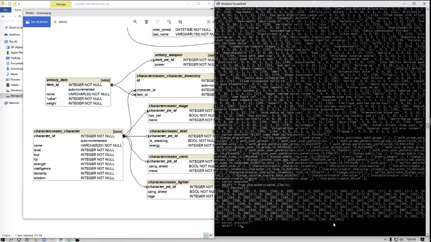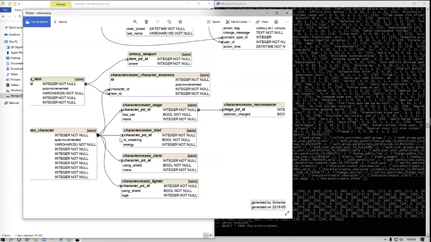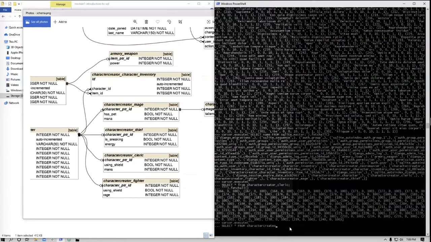Select all from creator. Need to do this with something that has something. Let's do the mages and necromancers. Actually, that's perfect. Okay, from mage.